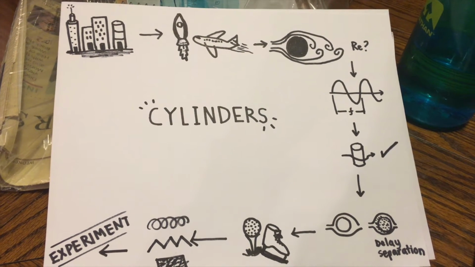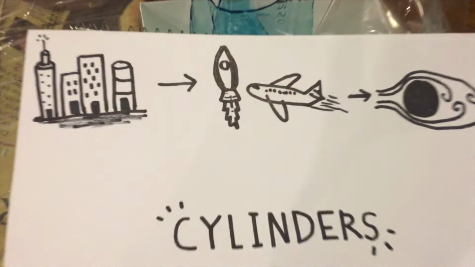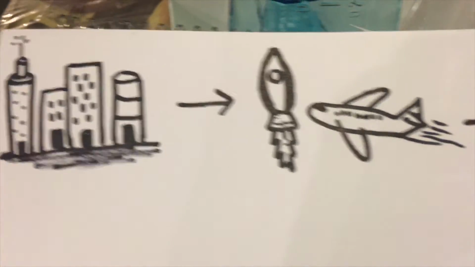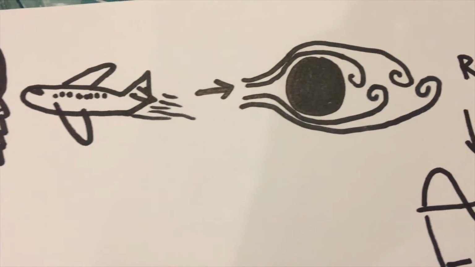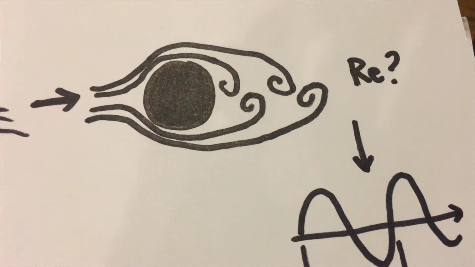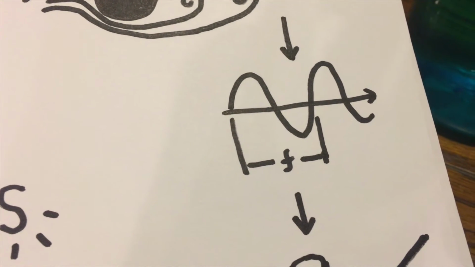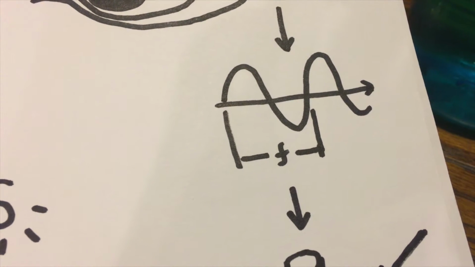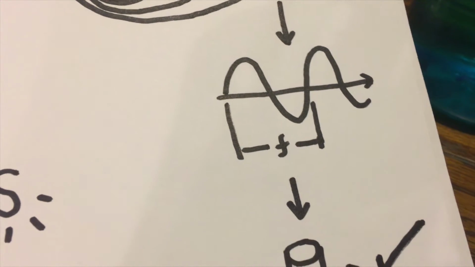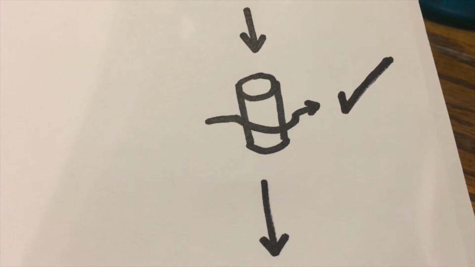Cylindrical shapes are very common and can be seen in the design of buildings and various other structures, such as airplanes and rocket bodies. When a fluid flows around a body, vortices are shed at a certain frequency depending on the Reynolds number. According to Gio-san, if the vortex shedding frequency matches that of the natural frequency of the structure, steady oscillations can occur, which can pose complications to the integrity of the structure. It is important to study and understand the dynamics of the flow around cylinders so that structural failure can be